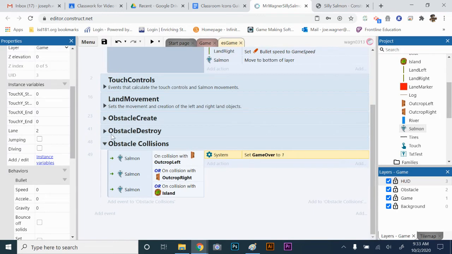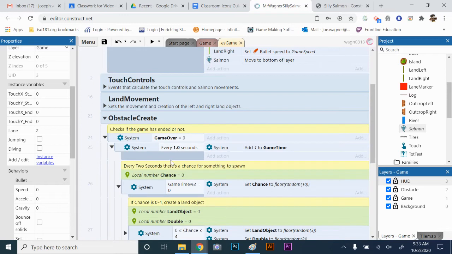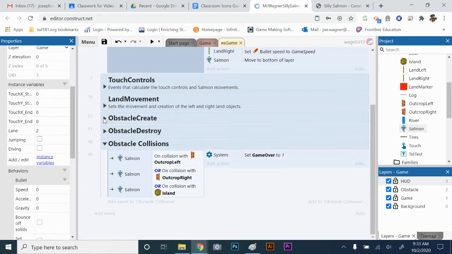And so then the obstacle create group, this whole group basically becomes inactive because all of this is under the condition that game over equals 0. Okay, so that's going to make it so obstacles will stop flying at us. Okay,